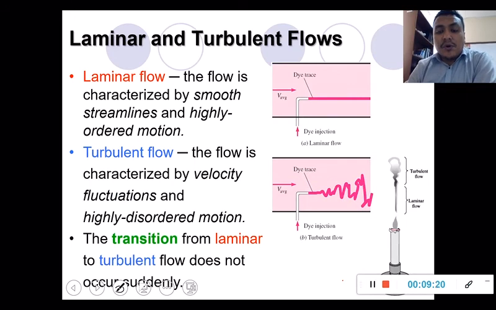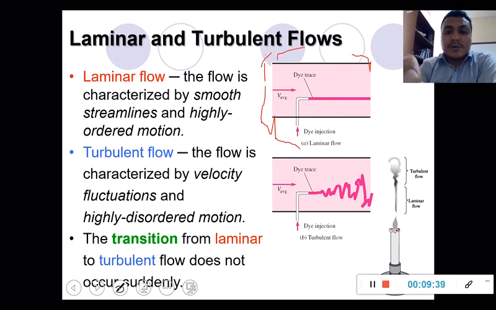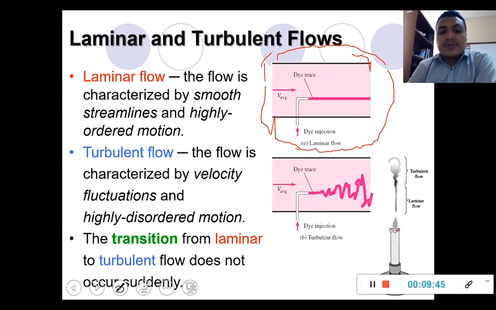For a flow, a movement of the fluid, usually we have two types. The first one is of course laminar flow, and the second one is turbulent flow. As you can see in the figure here, laminar flow is characterized by smooth, streamlined, and highly ordered motion. Those are the characteristics of laminar flow, while of course the opposite of